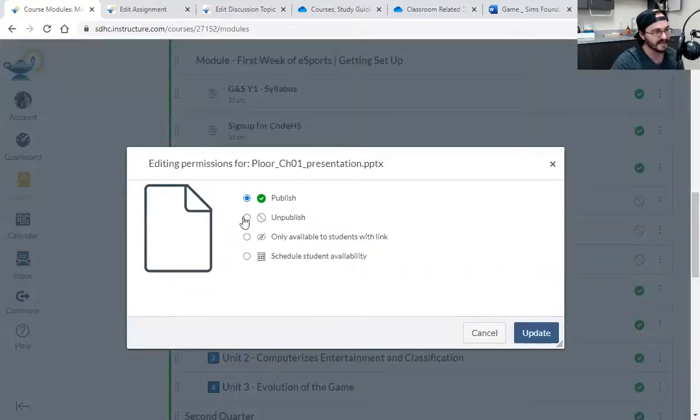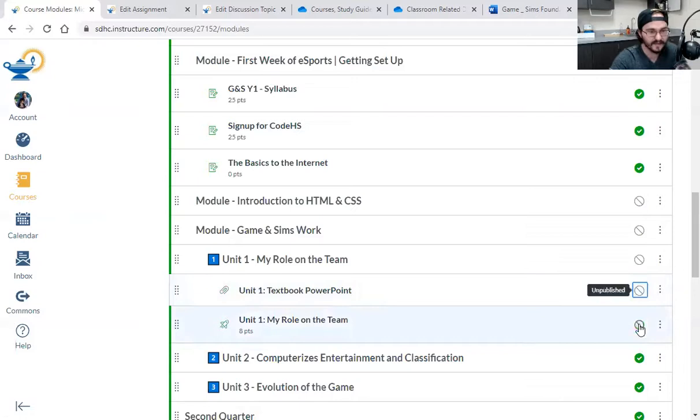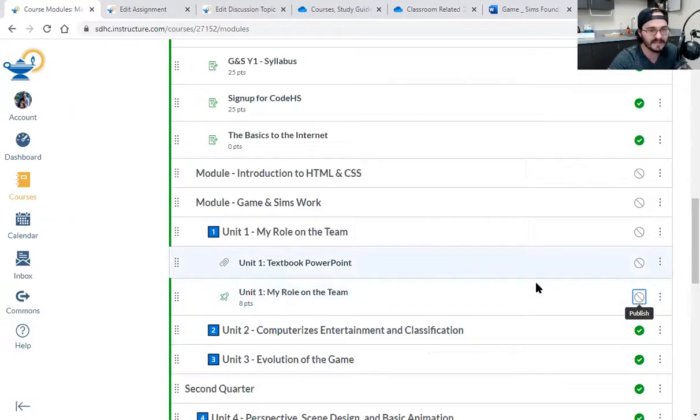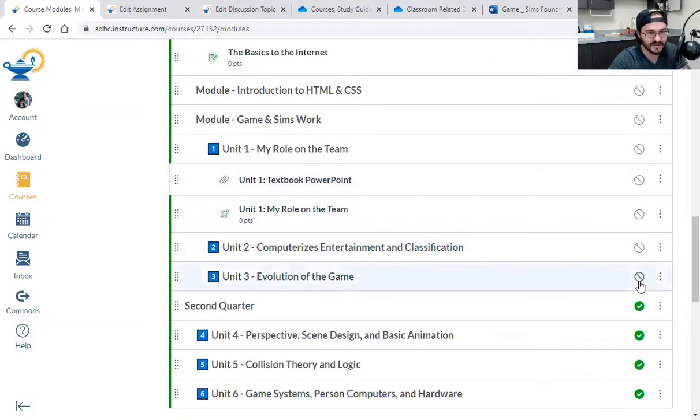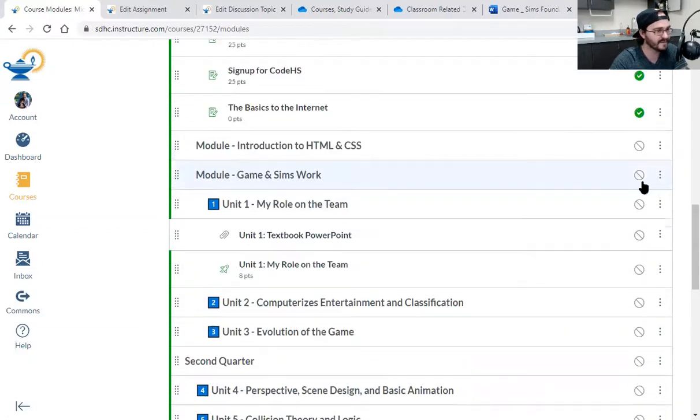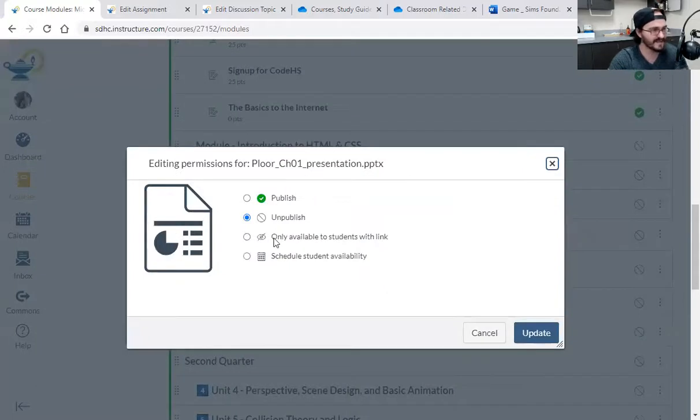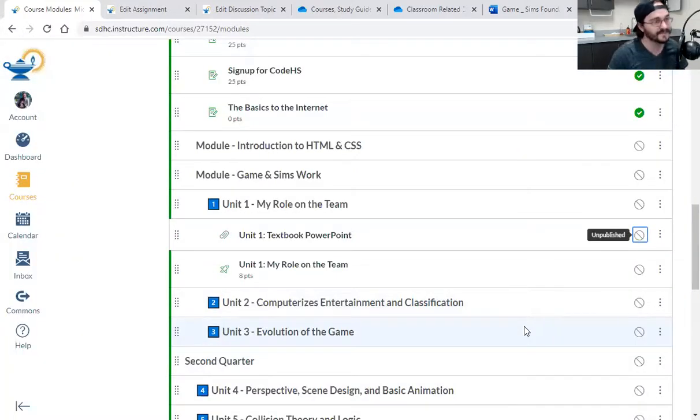And I can't stand this. I know it's like, look, why do I have to click unpublish on some of these things, and some of them I can just click the green arrow, right? Like, I don't have to do it, don't have to do it, don't have to do it. But then right on that one, it says edit permissions for, come on, right? There's still a lot to this that I did not know existed. Anyways,